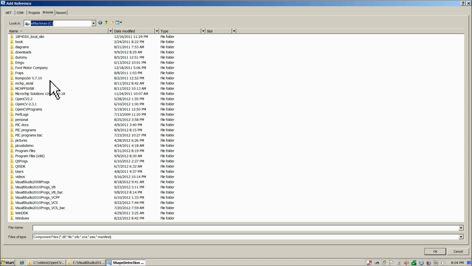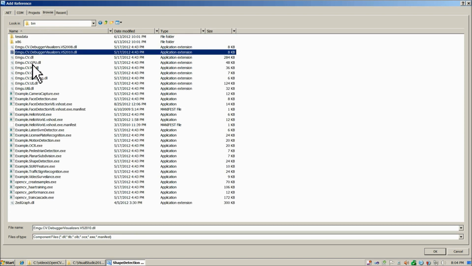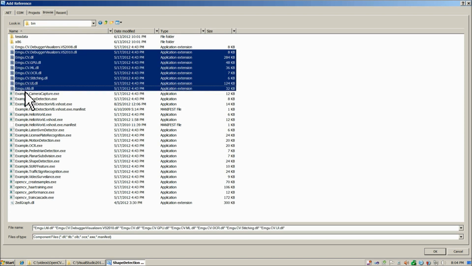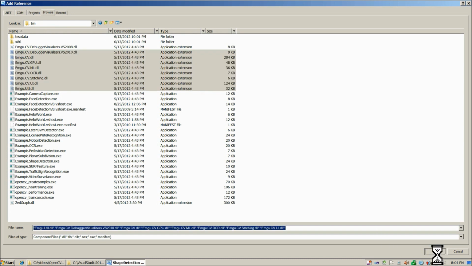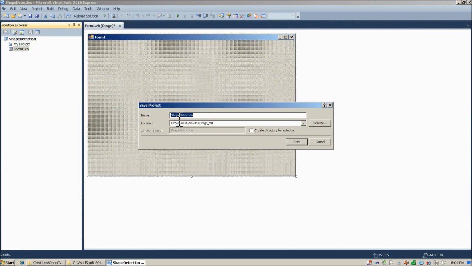Browse. Then we'll go to C, Emgu, Emgu x86, bin. And we're going to highlight our usual 8 DLLs here. And then OK. And let's wait a moment while Visual Basic adds those for us. And let's go ahead and save it at this time. So shape detection,